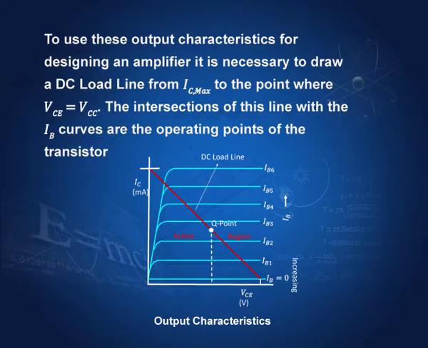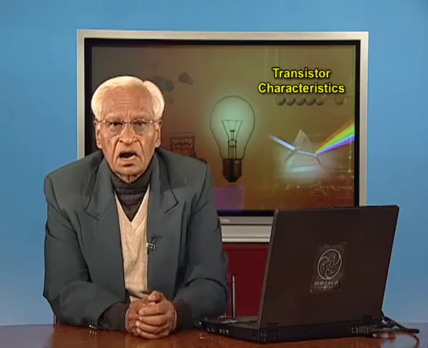And then we draw a line. This is known as DC load line, and this is from IC maximum, that is this, to the point where VCE is equal to VCC. This is VCC, and VCE is equal to VCC means there is no resistance here, and this is the line from maximum IC to maximum VCE. This is known as the DC load line, and all points where they intersect these curves are the operating points